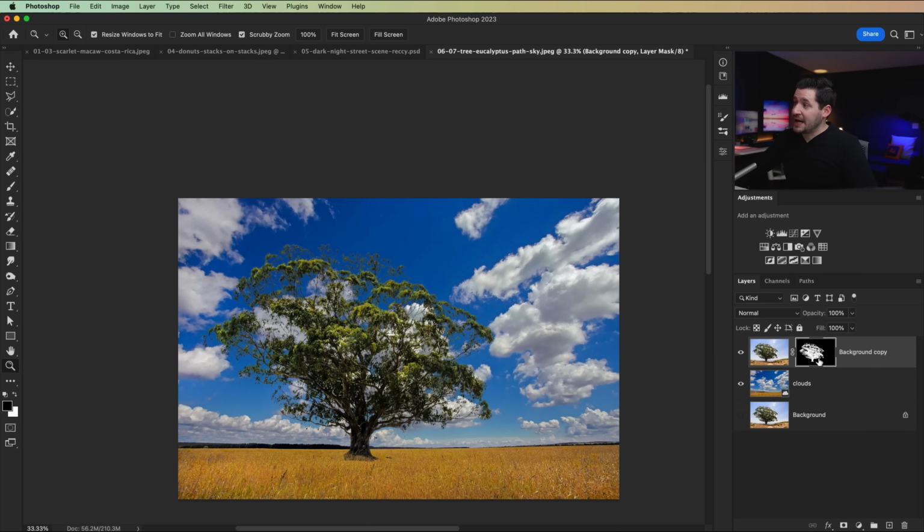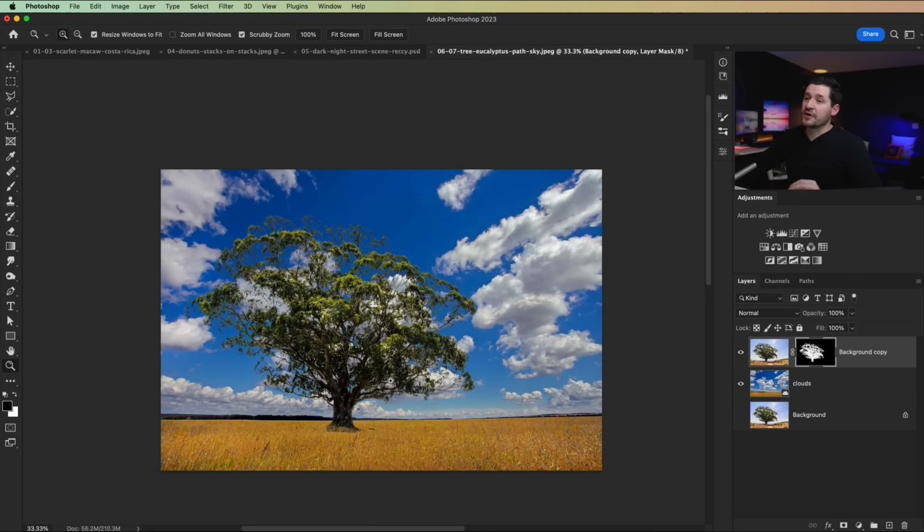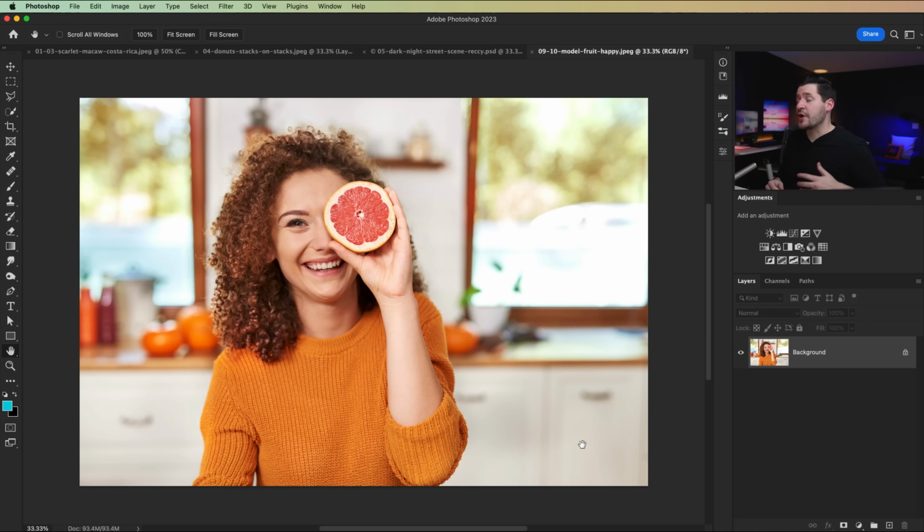All of that stuff can be applied to a really complex selection like this as well. So using levels to go in and wholesale adjust the edges of a mask, particularly when it's a really complex selection like this, can be a very, very useful little trick. All right, so this brings me to tip number 9,